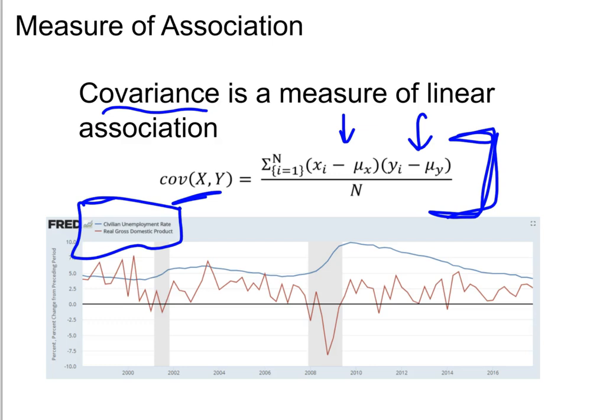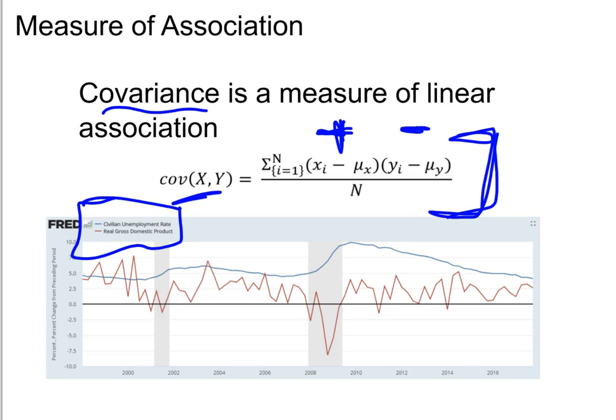And so what you can think about is if you have a situation where the economy, that was our y, is not doing well, if there's a recession, we think that its mean deviated value would be negative, right? It's negative because it's below the average. Whereas when the economy is doing poorly and is below average, what's going on with the unemployment rate? More than likely, the unemployment rate is going to be above what the average is, right? And so if we take a bunch of these below average GDP values and multiply them when we have above average unemployment, which is the relationship we'd expect, we're going to have a bunch of values that are all